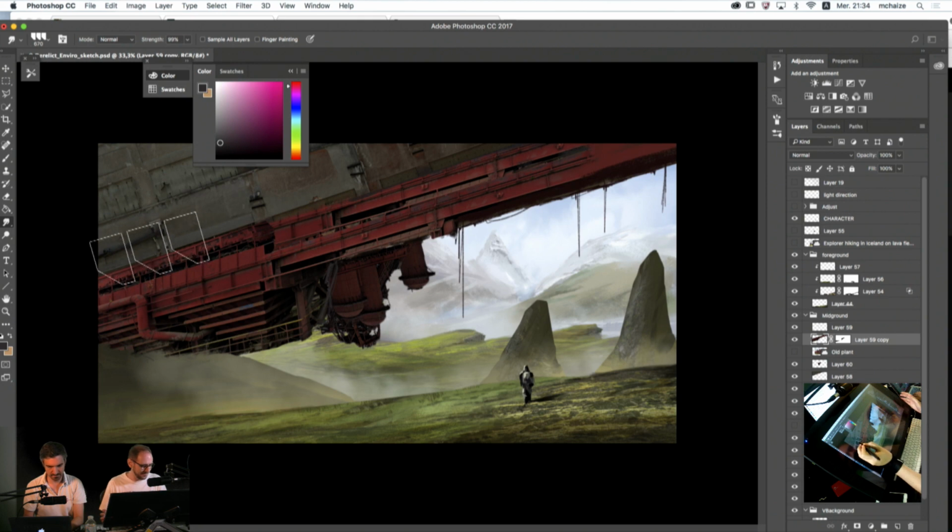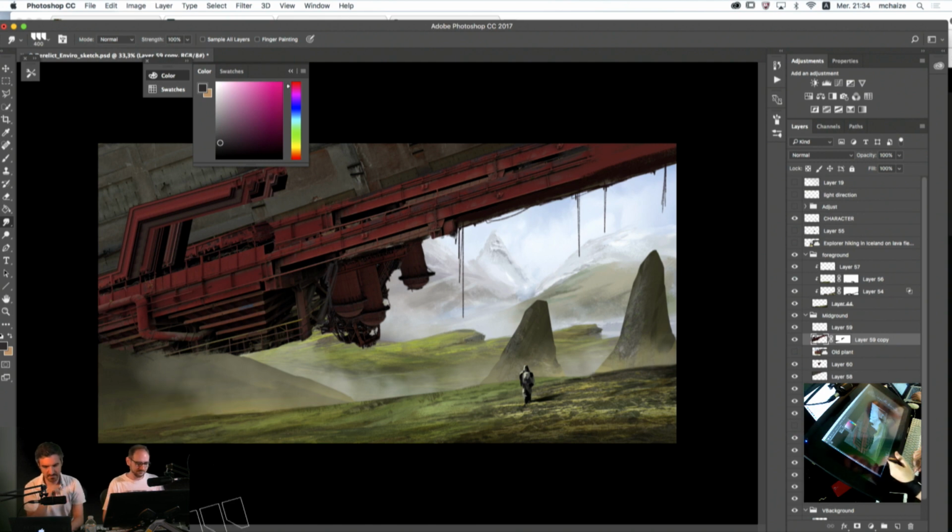So again, something really fun. The smudge tool, 100%, and then you can play with